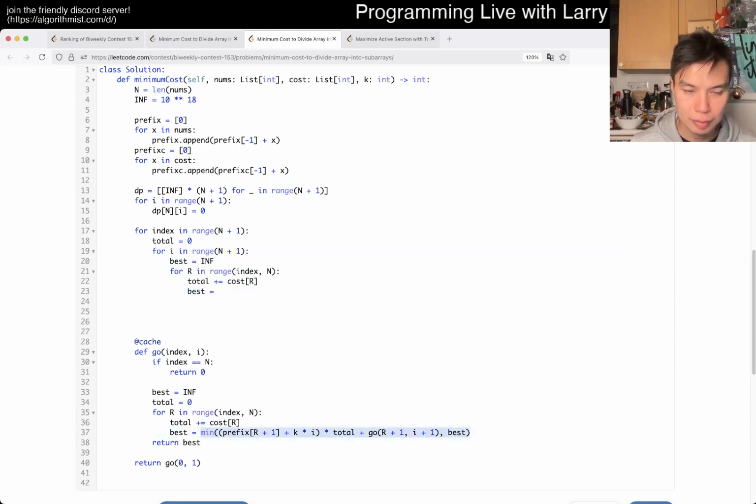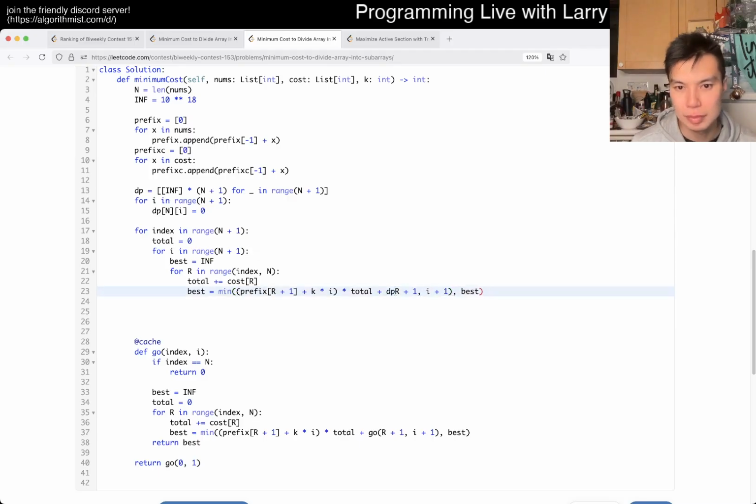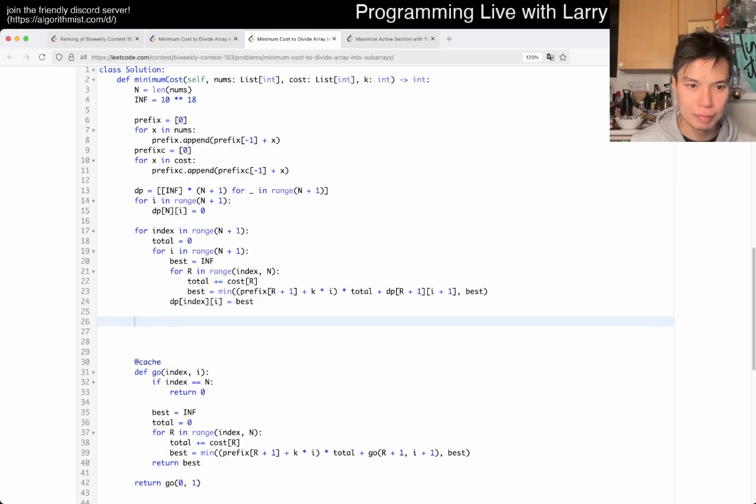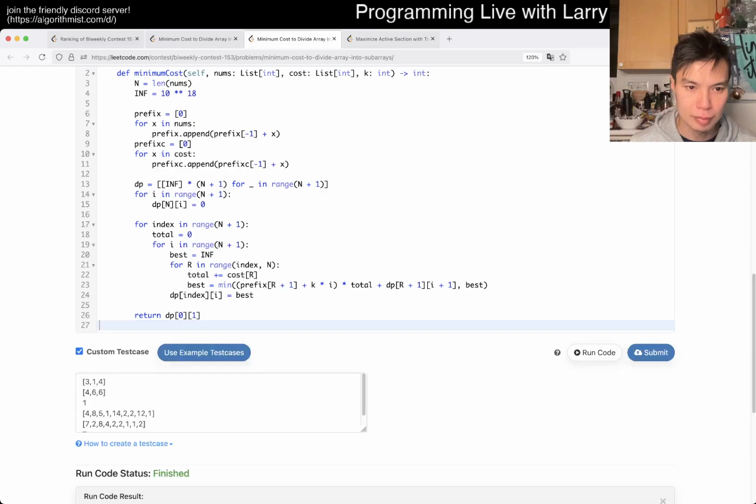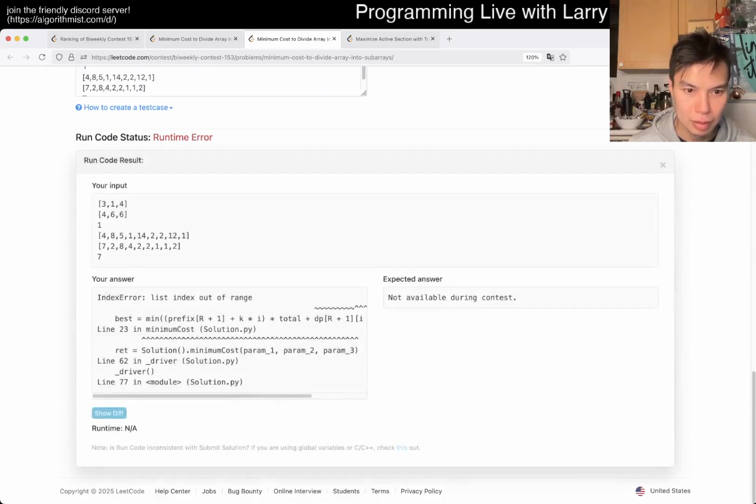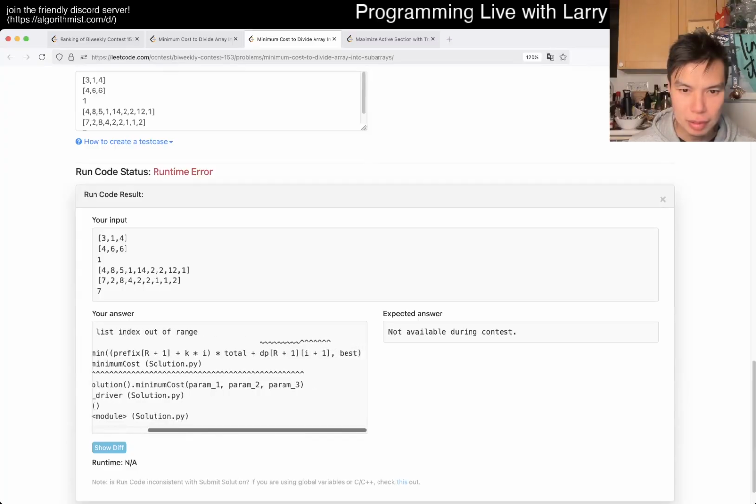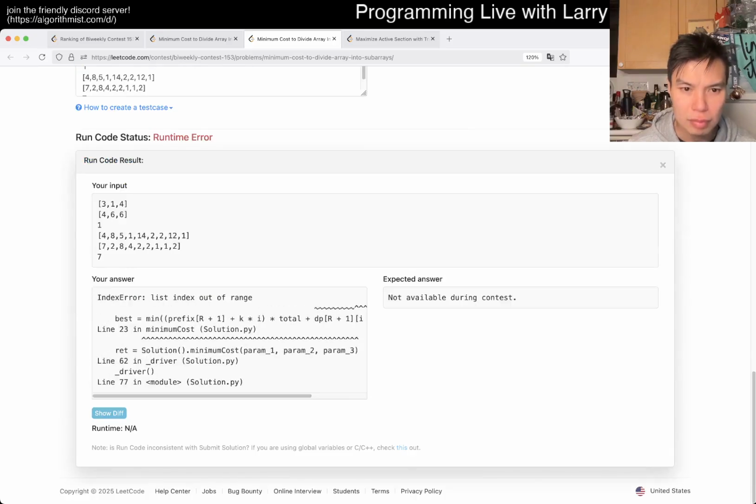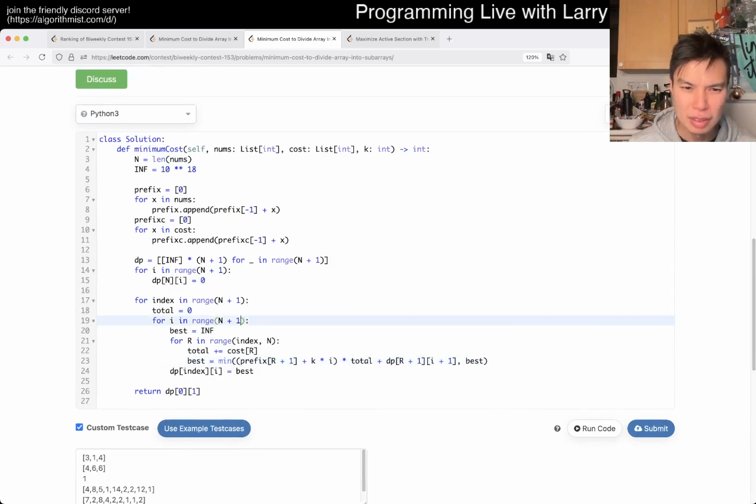Yeah, okay. Okay, and then dp of index i is equal to best, right? Right. Out of bounds. Where am I out of bounds? Oh, i plus 1. I should not go over n. Can it be n exactly? I guess it can be n exactly actually. So